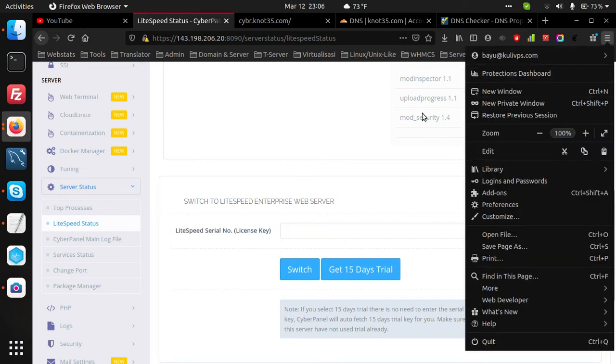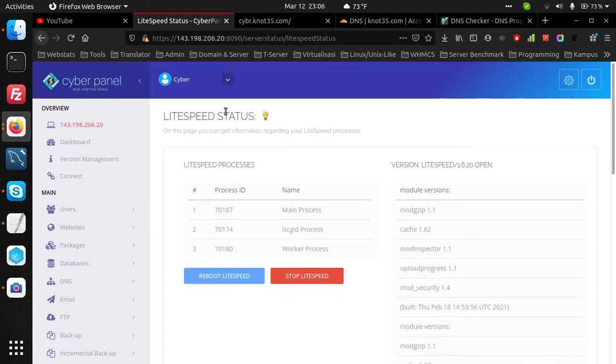Okay, after that we can move to the security function.